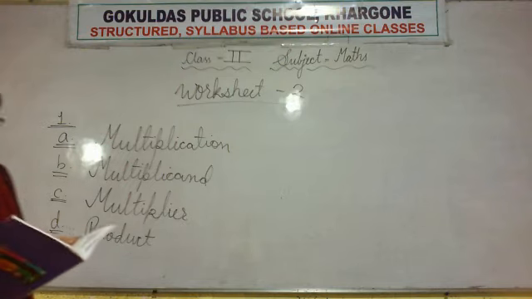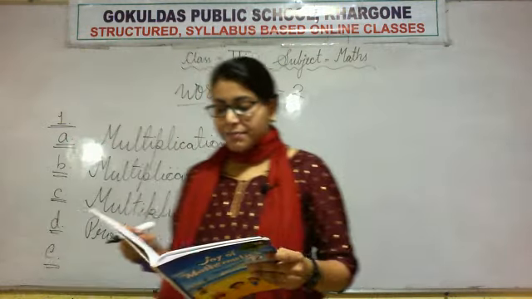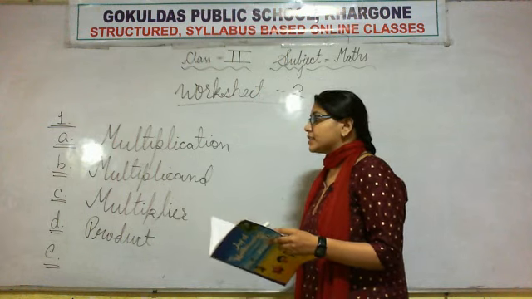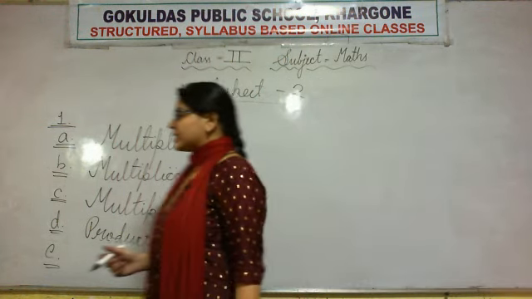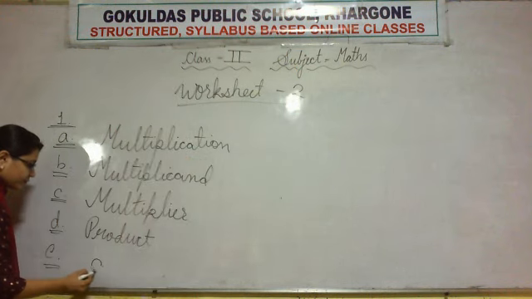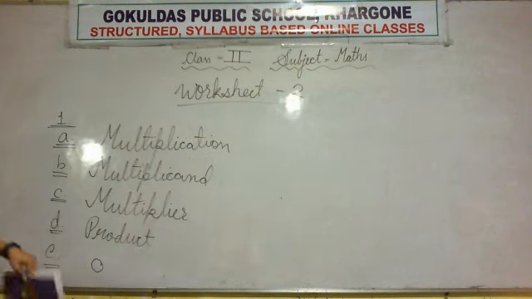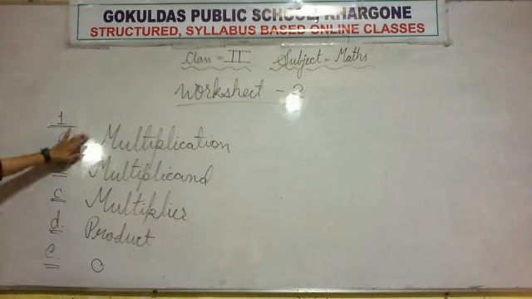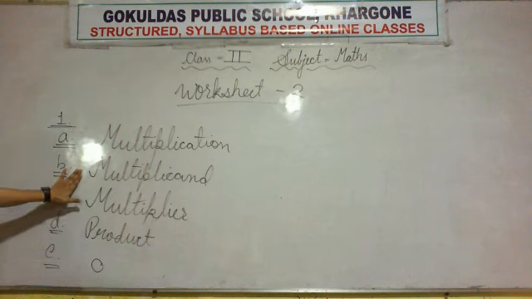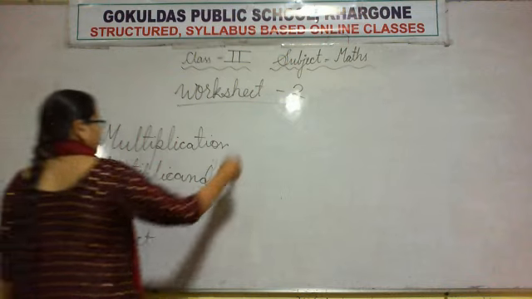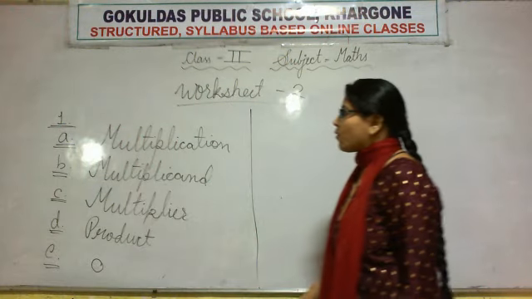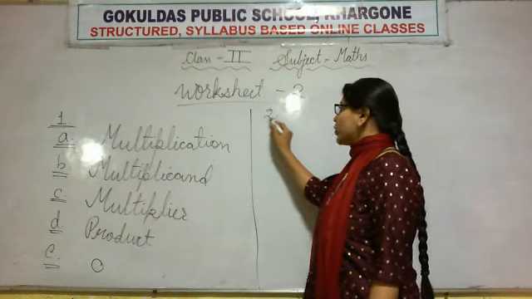Now the next one: any number multiplied by 0 will give the answer 0. So the answer of A is multiplication, answer of B is multiplicand, answer of C is multiplier, answer of D is product, and answer of E is 0. So this was question number 1. Question number 2 was,